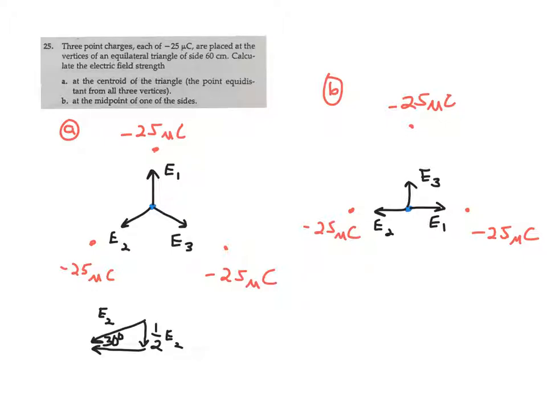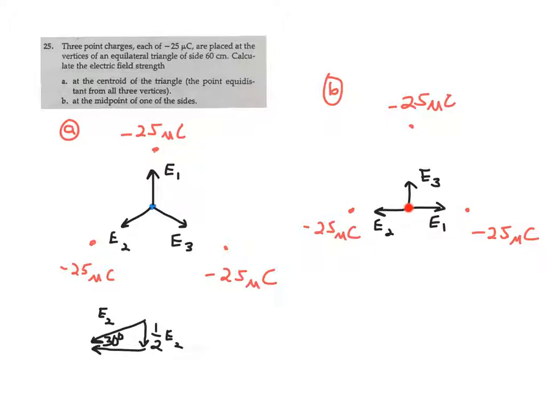In part B, here's the diagram. Same scenario as far as the 3-point charges at the corners of an isosceles triangle with sides of 60 centimeters. So down here at the bottom, here's the midpoint of the bottom, which would be 30 centimeters from either of the bottom vertices. But E sub 1 and E sub 2 would be equal to each other,